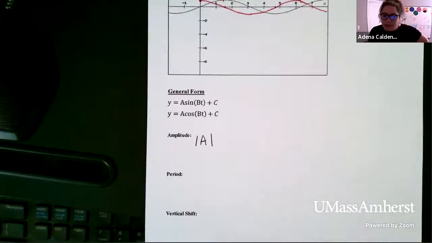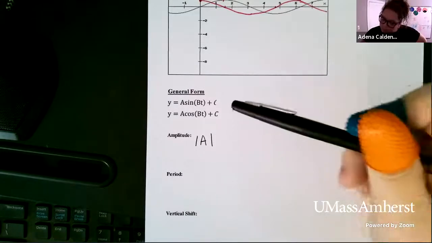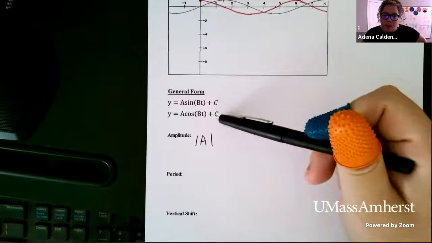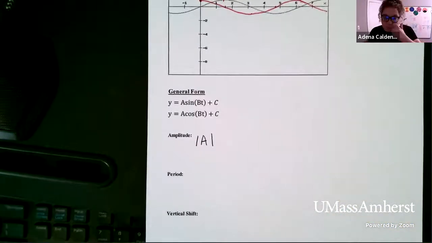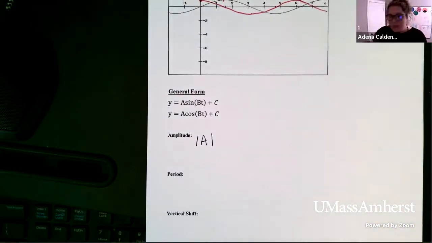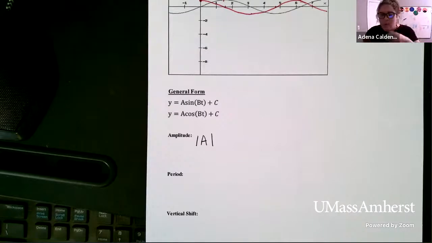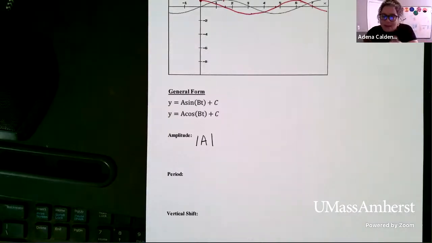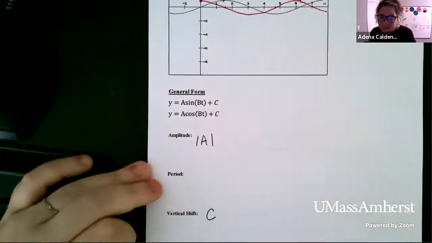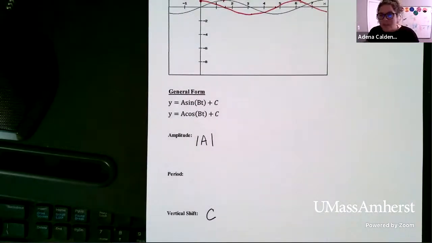We're going to skip the period for a second and come back to it. We'll talk about the vertical shift first. So over here, we have this plus c. We know from our work on transforming graphs that if you add a number at the end of a function, it is going to move that function up that amount. And if it's negative, if we had minus c, it would move it down that amount. So just the same as before, that c is called the vertical shift. It tells us how much up or down our function is going to move.